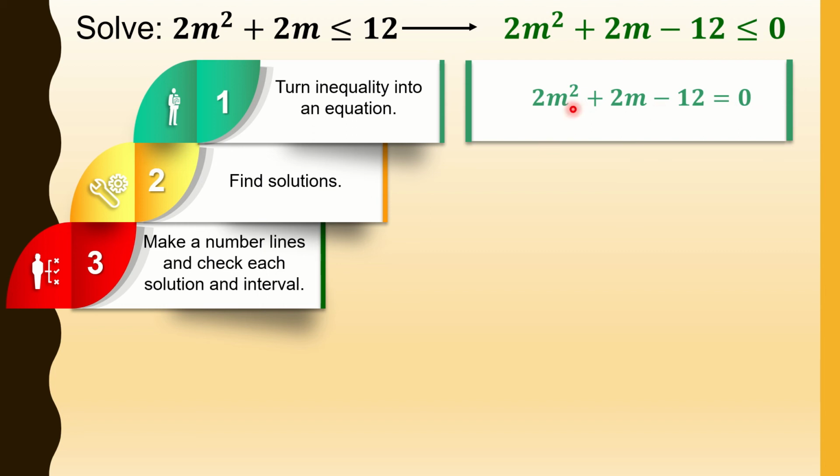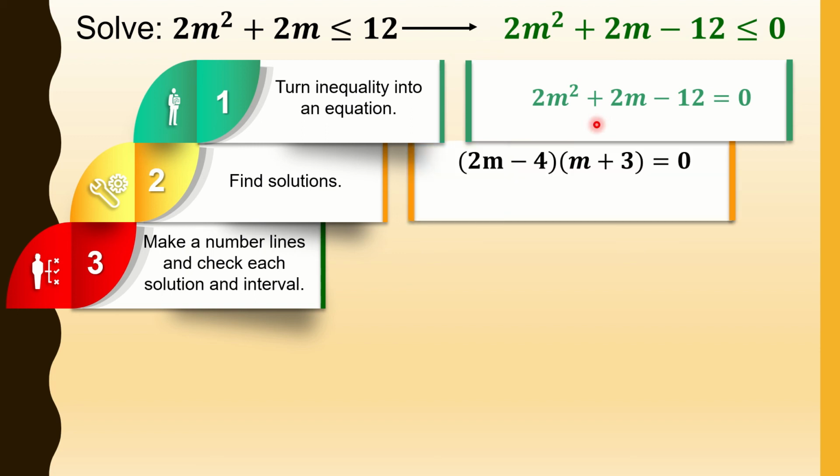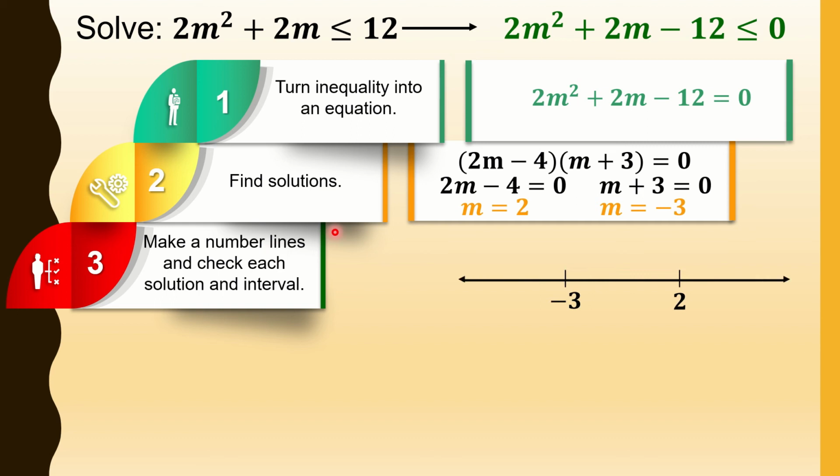Find the solutions. I use factoring again. Again, you may use any method that you want. So, I have the quantity 2m minus 4 times the quantity m plus 3. Applying the zero product property, my m here is equal to 2 and negative 3. Now, I'll make a number line in which the points are negative 3 and positive 2, the solutions that I obtained in step 2. To check if these solutions are included or not, I will substitute them into our quadratic